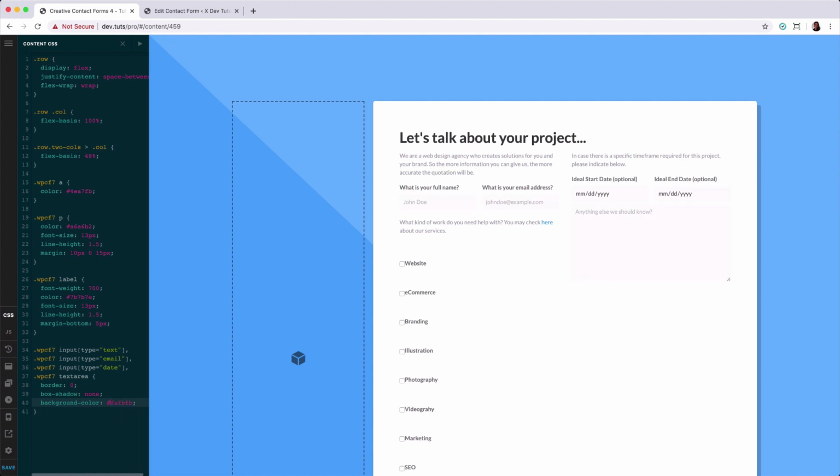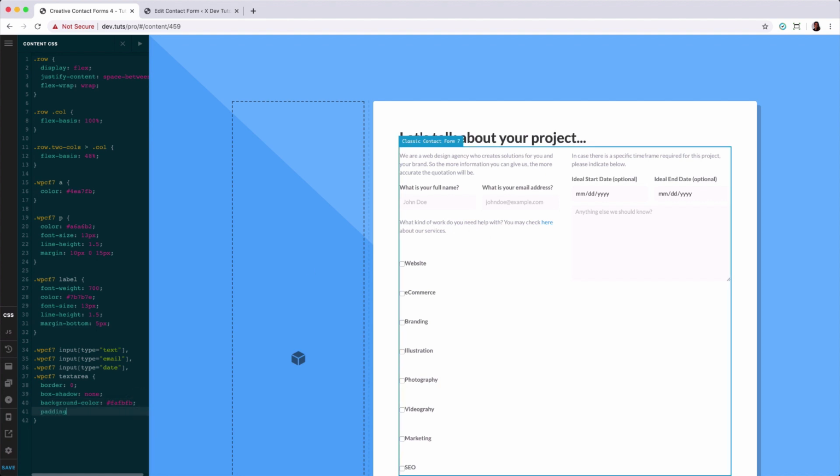And that's it. You might want to add some padding around it, so let's put in padding 5 pixels. Okay, that should be enough. Maybe put in 12 for the left and right area. So that's that. Let's style the